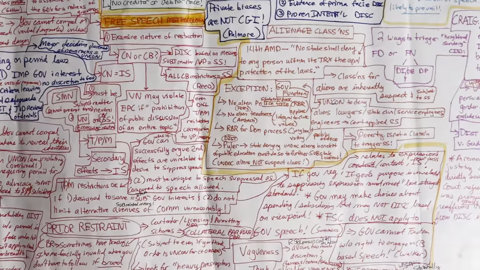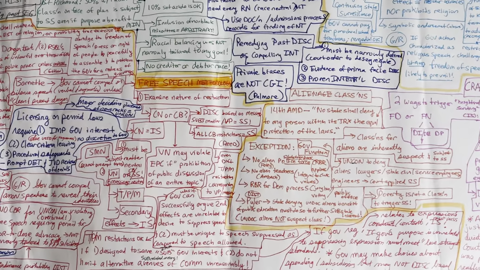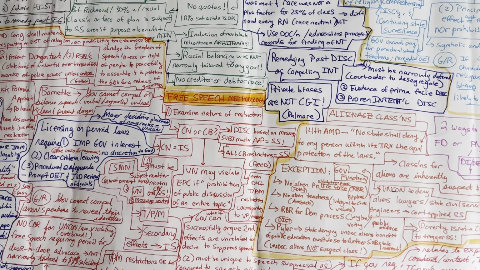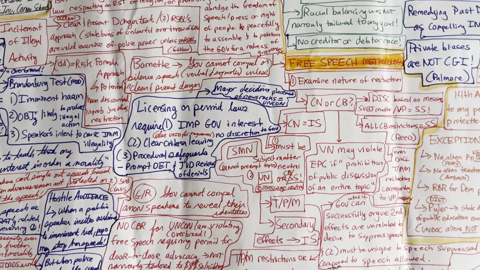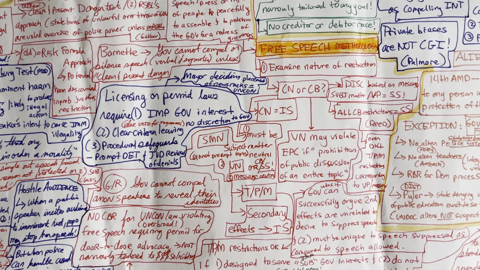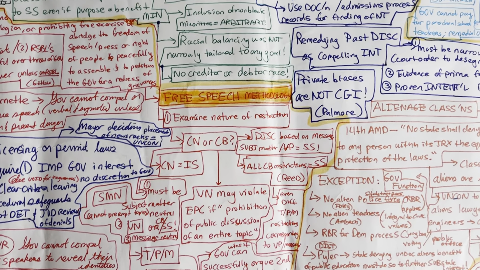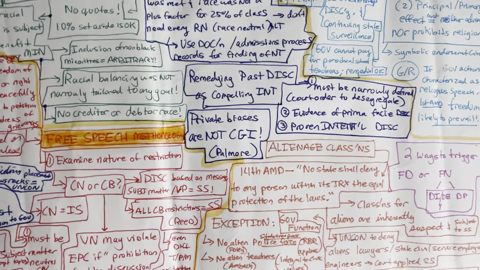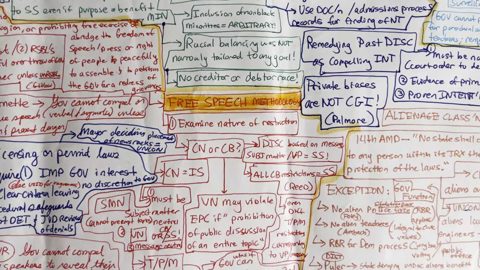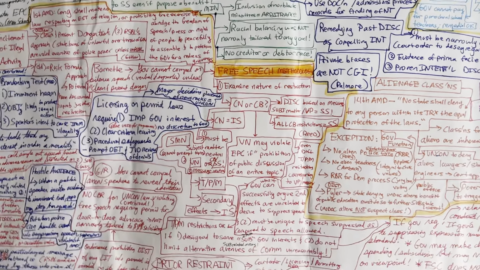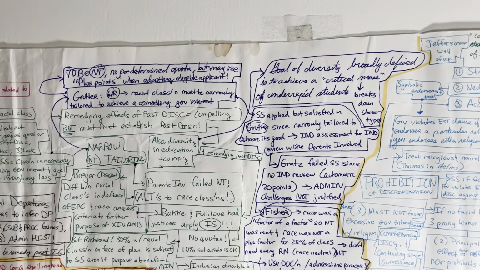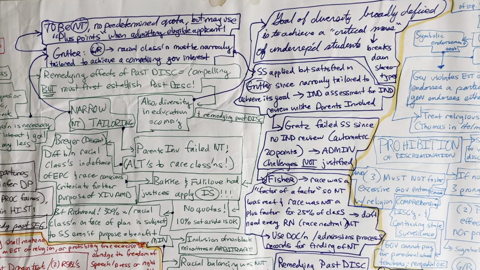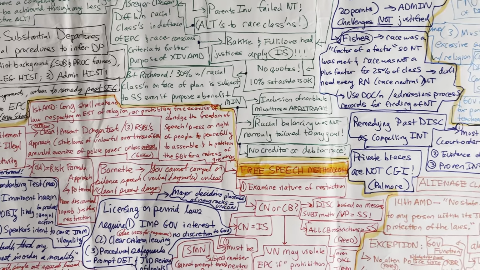And so within different classes, that was very generally the introduction to EPC in the context of racial classifications. Again, if there is some sort of compelling purpose, narrowly tailored, evidence of prima facie discrimination, proven intentional discrimination, then it may actually pass. But look for perhaps an absence of quotas, distinguishing that case in Gratz, the automatic 20%, because we don't want creditor or debtor races.